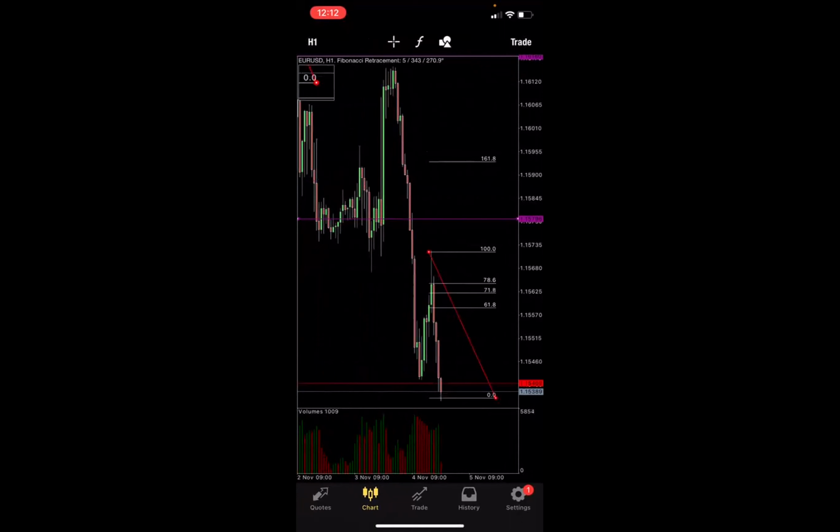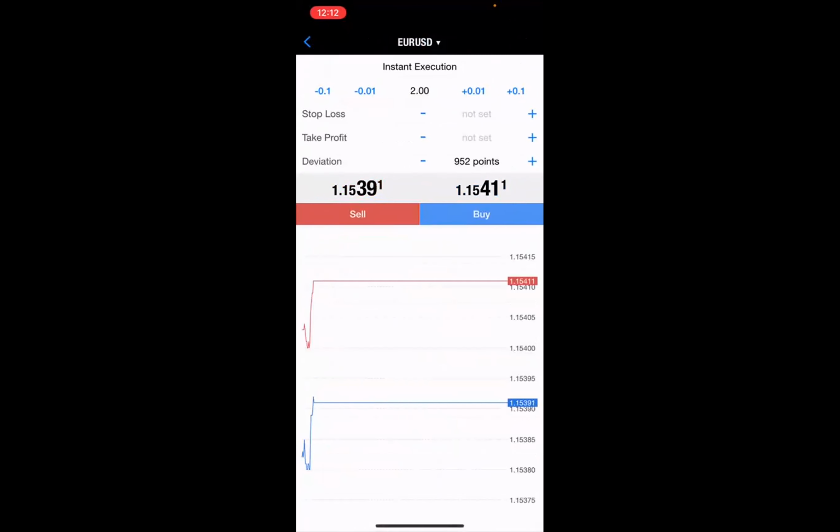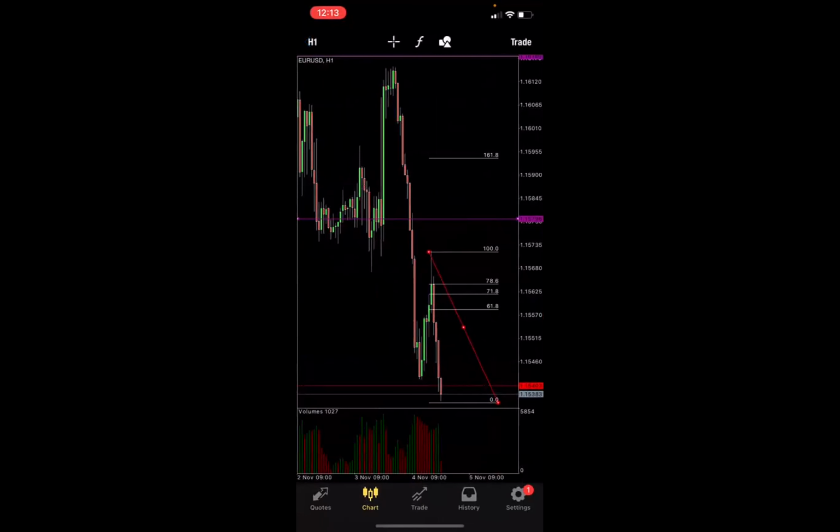Also, here's another thing. Let's say you want to go to trade, and let's say that instant execution means right now, if I was to buy or sell, I would be in that trade at this price point. Now, let's say that I see price went down here. Now I'm waiting for it to return up into this area in order to sell off again,